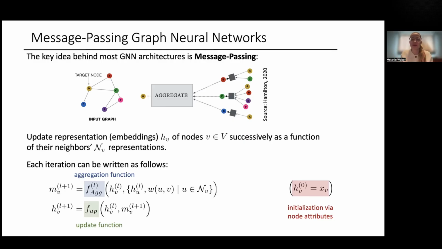But for the purposes today, we focus on node attributed graphs. And then each layer in the graph neural network implements this message passing paradigm in the following way. Each message passing layer consists of two functions, an aggregation function and an update function. And it learns a representation for each node. So in the beginning, layer 0 or initialization, we assign whatever is given as node attribute as the initial embedding